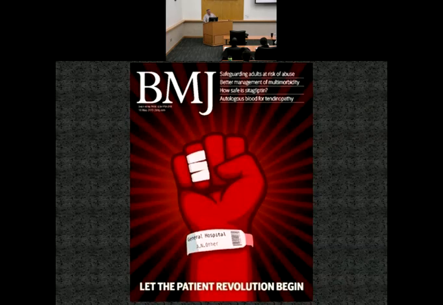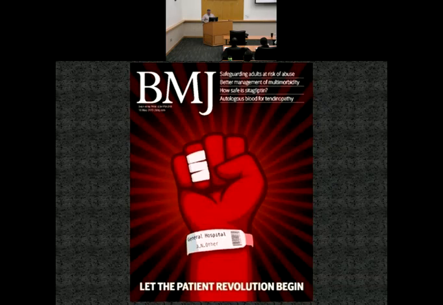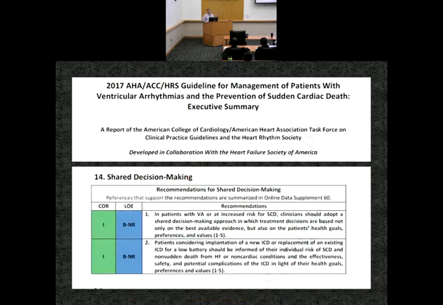It's not about, patients don't want to revolt. And you hear this patient revolution, patient empowerment. And that's actually not what any study says patients want. They want to be involved in their decisions, but they really want a shared decision. They want to trust us. They want to work with us. And I think that's a better way to go as well. But I do think things are changing.